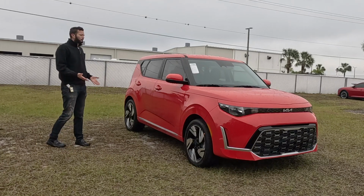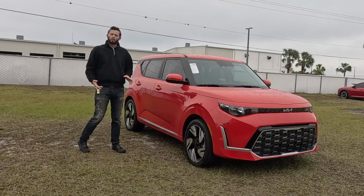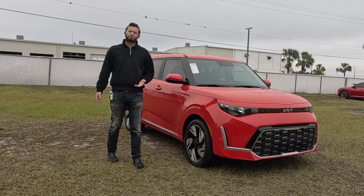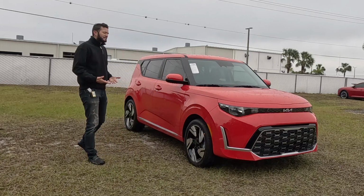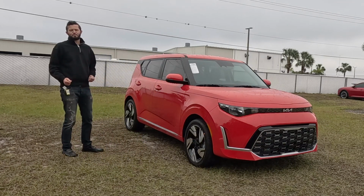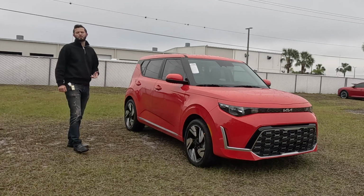When I look for a vehicle that's everyday, small, at the size of this to get great MPGs, they don't offer a plug-in hybrid or a hybrid trim. I want something that is going to be as inexpensive as possible. I think Kia does a good job keeping it in that 25 grand perimeter, because when you go into Honda,